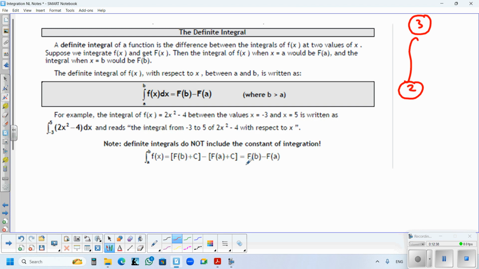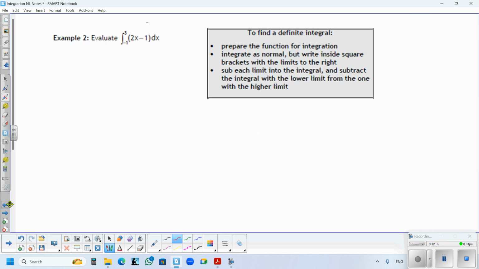So when you see it in practice, you don't need to worry about all of this notation. As long as you remember, you do your integral, you sub in the top number, and then you sub in the bottom number, and you take them away. So the easiest way to see this done is actually by example. So this one here, we've got the integral from -1 to 3 of 2x minus 1, and we're doing the